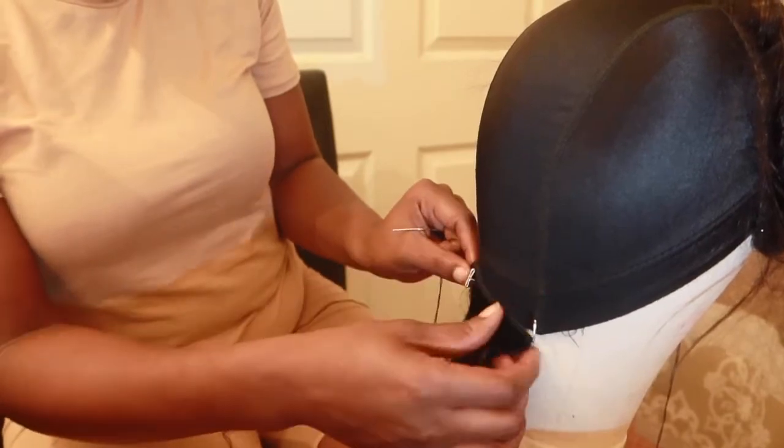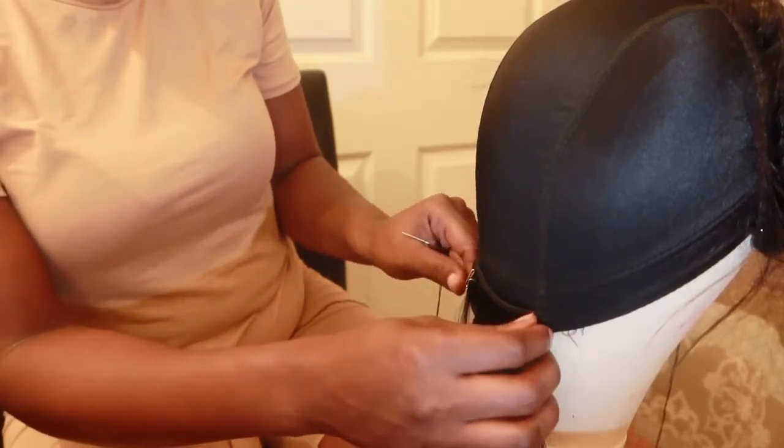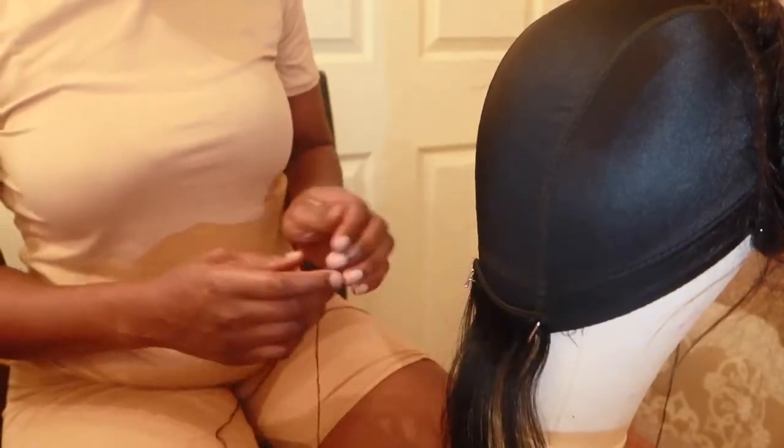So just be mindful with that, and if you're doing all these things correctly, your wig should come out flawless. It's not too hard, it just takes practice. So moving to the nape of the neck, since this is the thick part of the cap, again, we're sewing